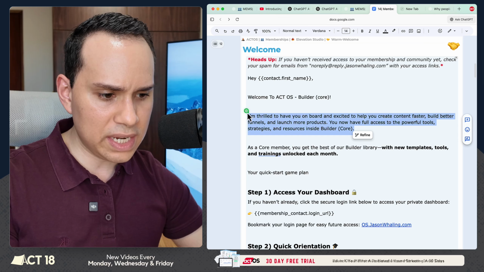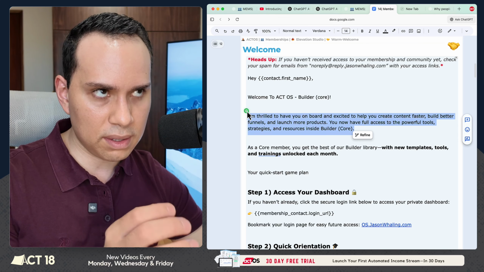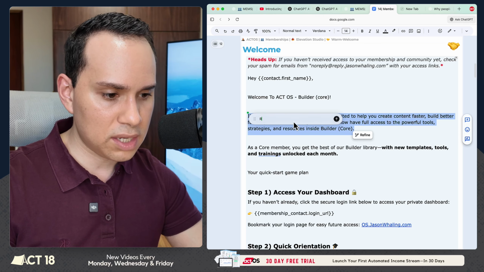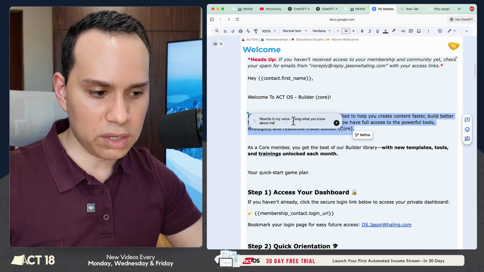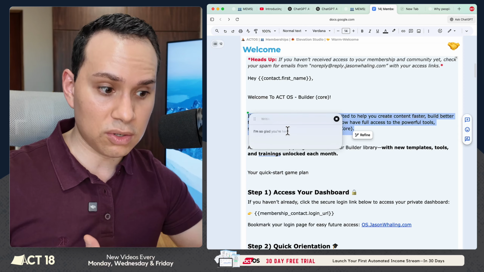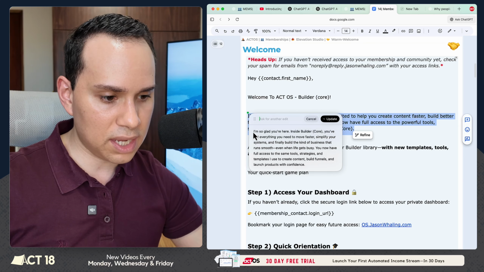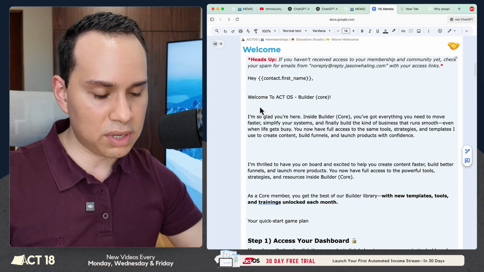You'll see this little green dot pop up. It'll be a different color. I chose green for my Atlas accent color, but I can go and click on it, and then I can say describe the change. I say rewrite in my voice using what you know about me. Okay, cool. And so now, instead of doing the copying and pasting I would normally do with a chat, it can go ahead and rewrite it for me. And I can see here that it's gone ahead and done that edit. And actually, I can copy and I'll say cancel, and then I'll paste it in,